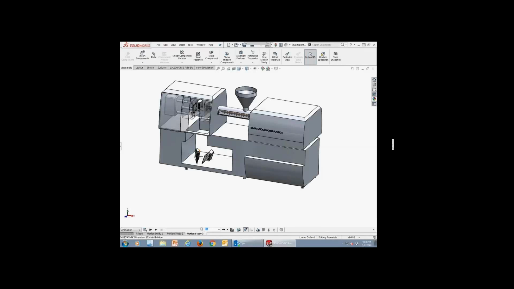So where plastics comes in is it can take this part and actually inject that material. In a sense, it's like a flow simulation, but specific for plastics. So you can actually simulate that